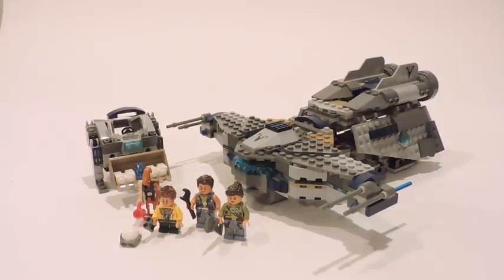Now guys, this set here is a set that, just like the previous one with the $30 Equalizer set, is based off the LEGO Star Wars The Freemaker Adventures series. It's going to be coming out soon this summer. And a lot of people have been saying it's down there, like one of the least favorite sets that people are not going to really want to